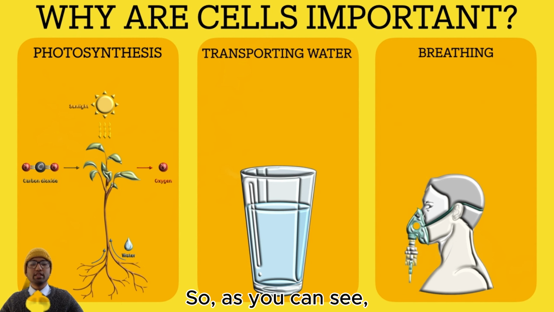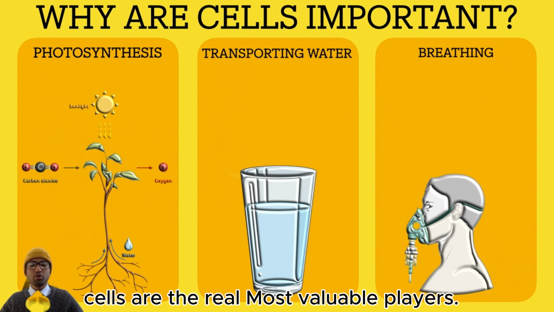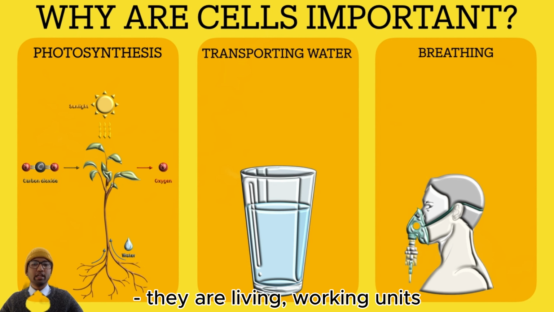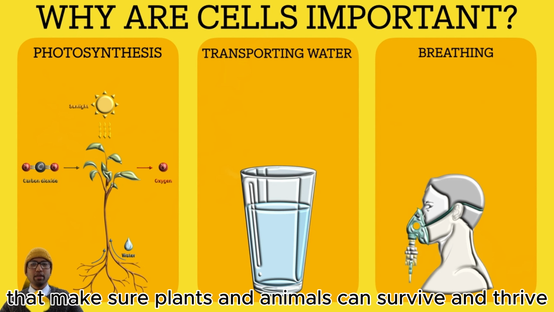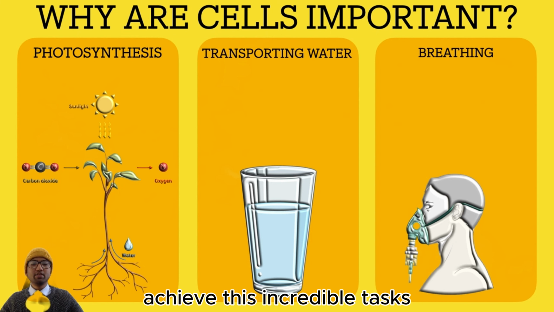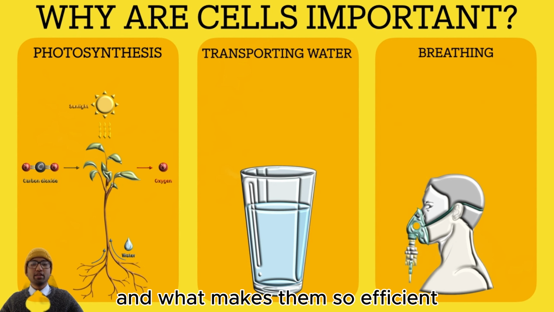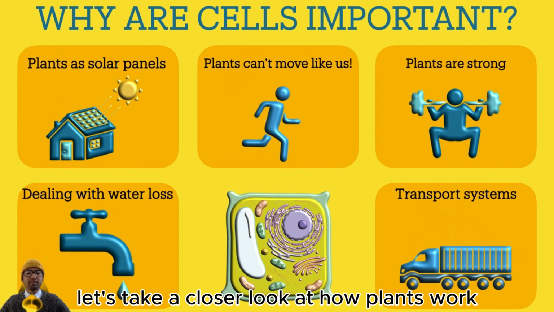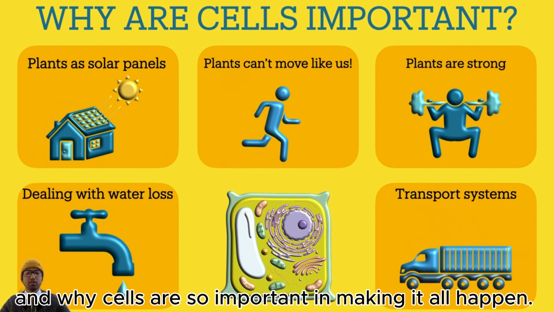So, as you can see, cells are the real most valuable players. They are not just building blocks, they are living, working units that make sure plants and animals can survive and thrive. As we continue, we will dive deeper into how cells achieve these incredible tasks and what makes them so efficient. Let's keep going. Alright, let's take a closer look at how plants work